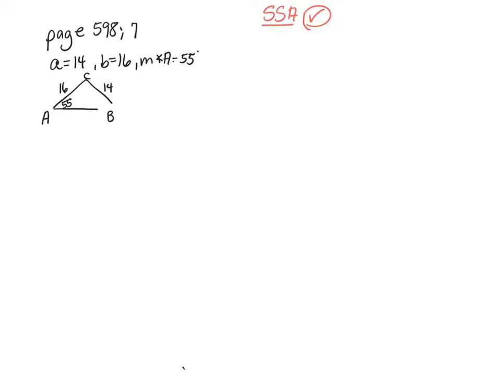I may not. I may have 0 triangles. I may have just 1 triangle and can easily use just the law of sines to find those missing pieces. Or I may have the ambiguous case, which really is not too much more difficult. It just adds another half or 3/4 of a step to my problem. So let's go ahead and check to see, with my side-side-angle scenario, what kind of situation do I have here. Step 1,